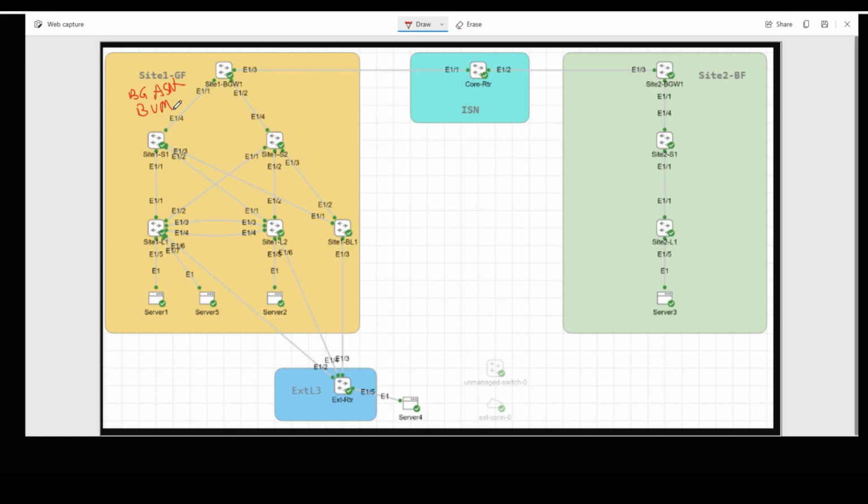And we're going to define the underlay IGP protocol and the subnet schemes for underlay interfaces,